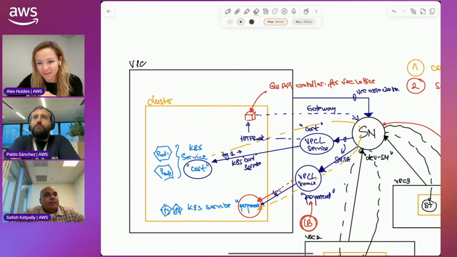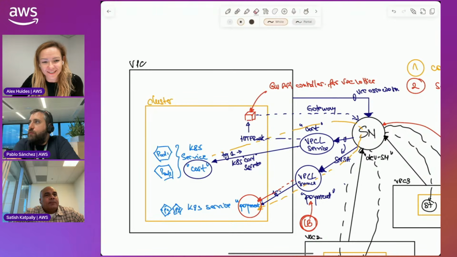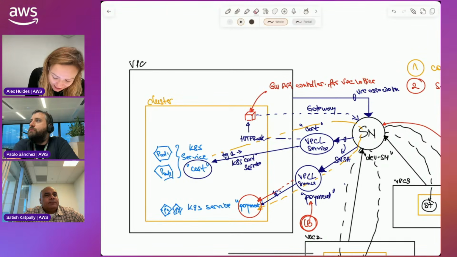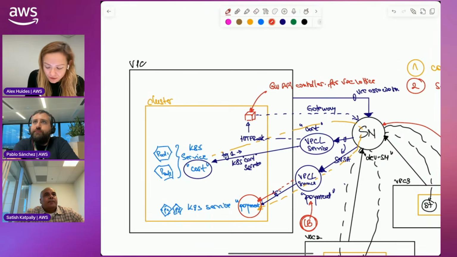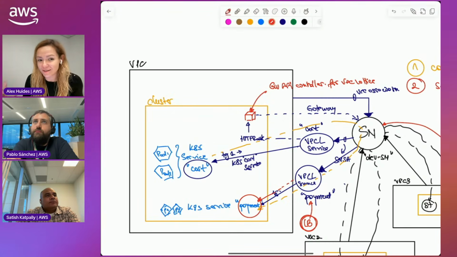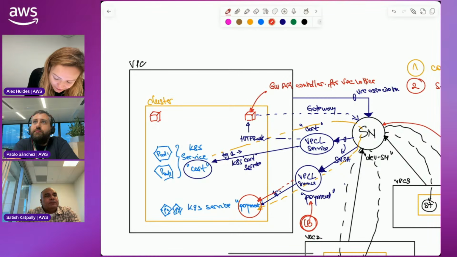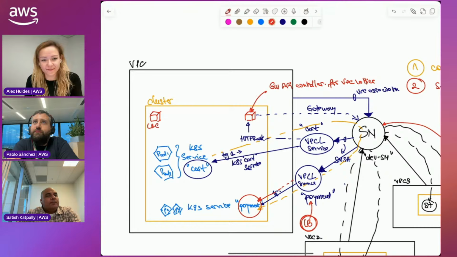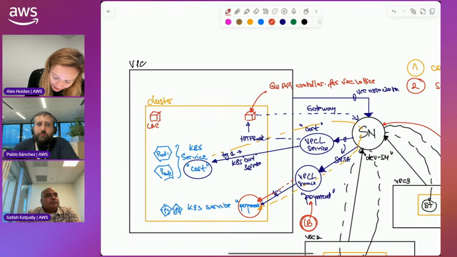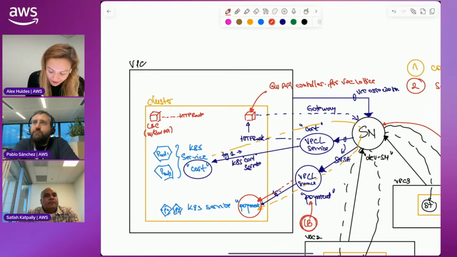And I think we posted here in the chat the blog post that Pablo and I published around here. In the cluster, you don't have to have just one controller. You can have multiple controllers, right? So I can have also the gateway, the load balancer controller running. And I can say, okay, I also have here an HTTP route, the load balancer controller with gateway API support, right?